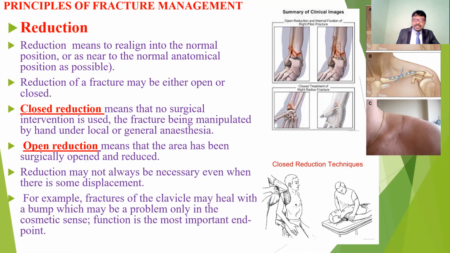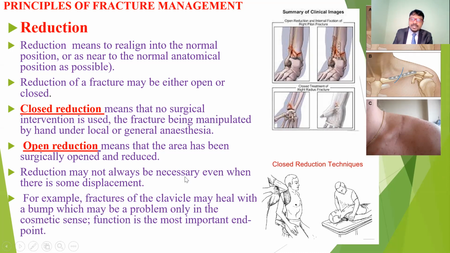Coming to the open reduction, open reduction is nothing but the fracture has to be surgically opened and reduced. For example, in closed reduction, we give the traction and the application of POP, or bandage application, or maybe we put in a splint. So that will be in the closed reductions. In the open reductions, we have to do the surgical procedures and also fix with screws and plates, and depending upon the requirements, intramedullary nailing, internal fixators and external fixators. So that is for the open reduction.